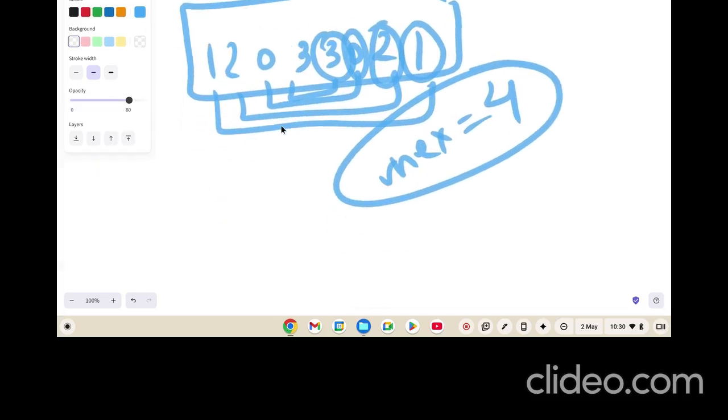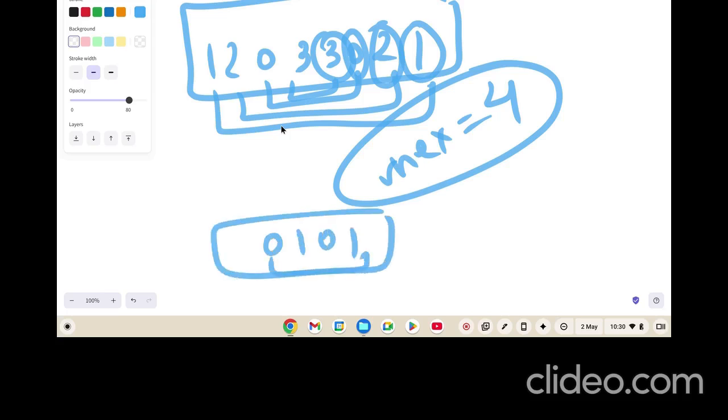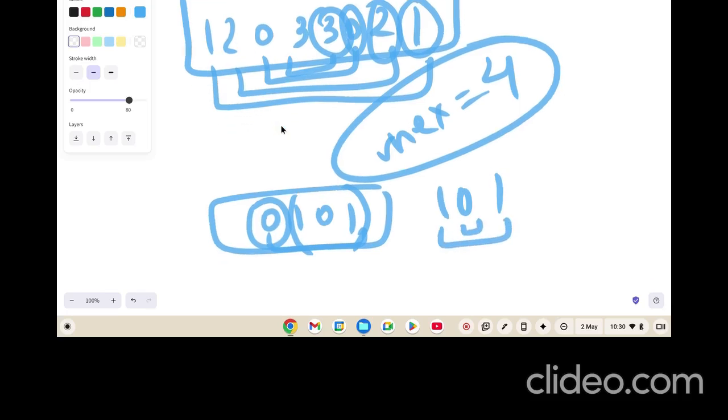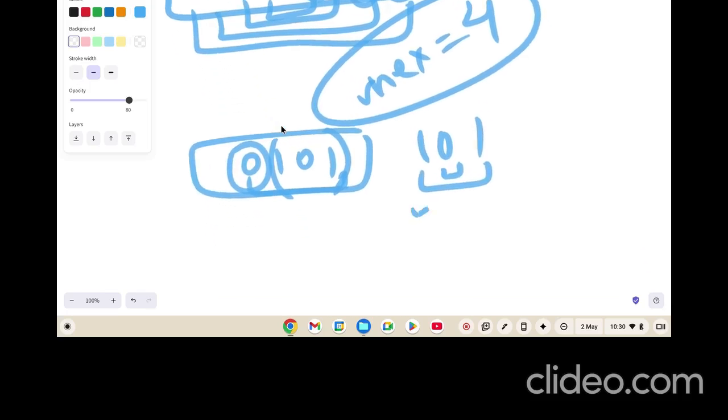Now let's say 0 1 0 1, right? Now this is not a palindrome, but this is a palindrome. 101 is a palindrome, right? Because of this. So what we can say is, okay, this is a palindrome, so max will be